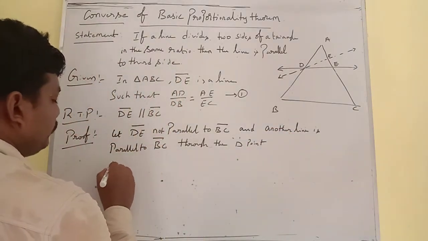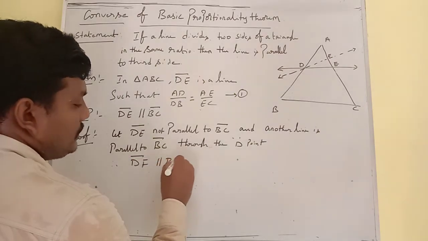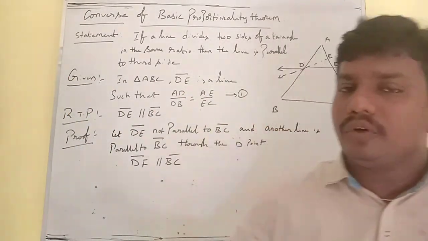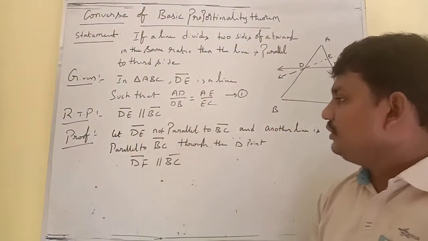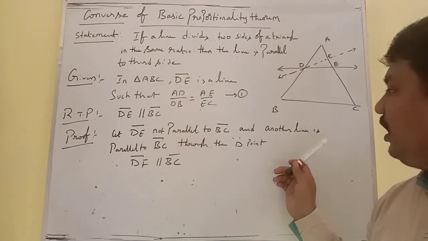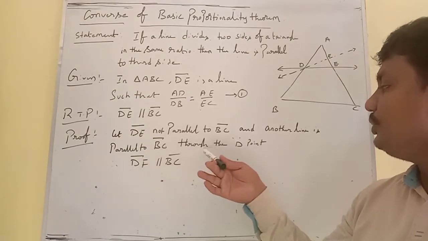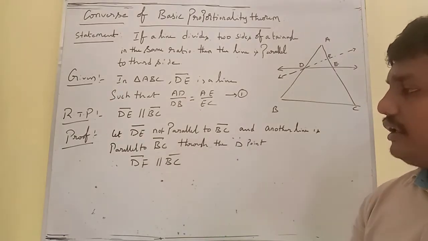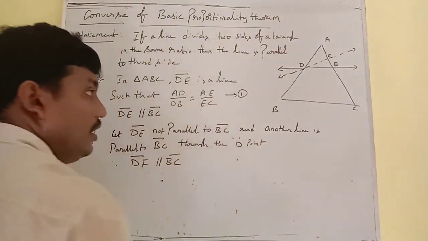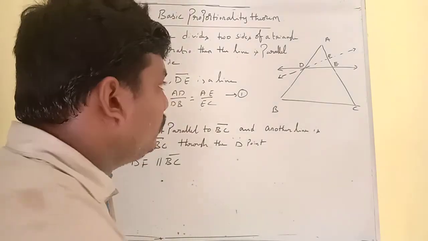So therefore DF is parallel to BC. Now I am going to assume that this is DF. That means DE is not parallel to BC. We are going to assume like that, and another line, DF, is parallel to BC through the point D. When DF is parallel to BC, you know that in a triangle, if a line is drawn parallel, then that